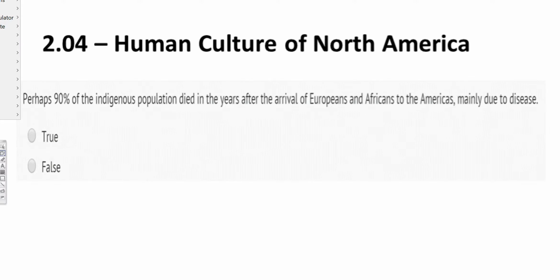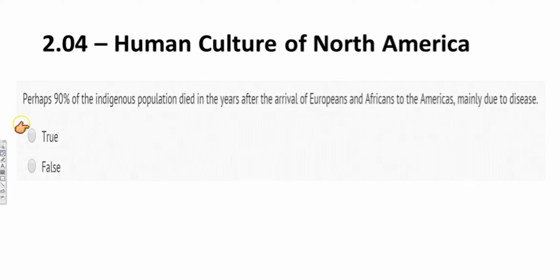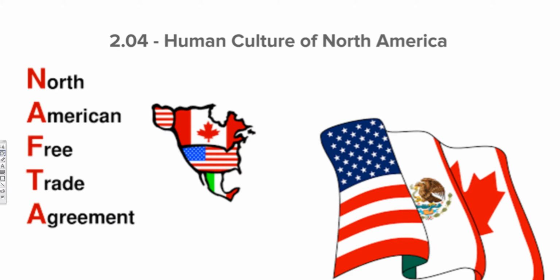Let's do a little poll question real quick, just yes or no. Perhaps 90% of the indigenous people died in the years after the Americans came. Europeans and Africans came to the Americas, mainly due to disease. Would that be true or false? Green check for true, red X for false. What do you think? 90% of the population seems like a lot, huh? Wow, we're pretty tied here. Let's see, and the correct answer is